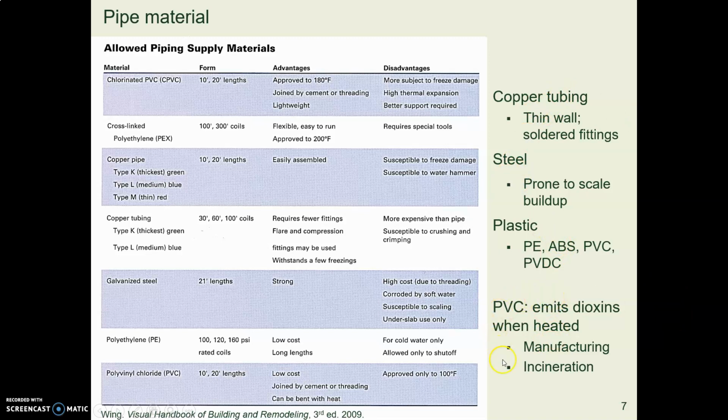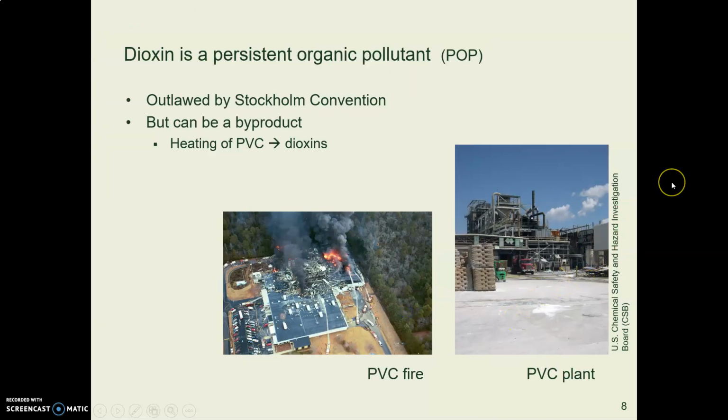Now, PVC, which stands for polyvinyl chloride, is a very common plastic material used in plumbing, and it has a problem. The problem is that when it's heated, it gives off dioxin, which is toxic. It's a poison, and it's one of a group known as a persistent organic pollutant. Organic means hydrocarbon. So it's a toxin, and if you have a fire, for example, dioxin is given off,